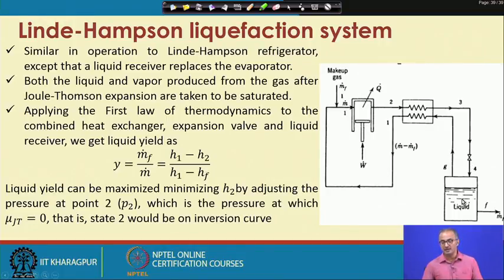Again here we are assuming the liquid and vapor are saturated, and this liquid is now taken out from the system. Because we are taking out some amount of liquid from the system, given by m dot f as the flow rate, the same amount has to be given inside the system as makeup gas. Otherwise, with time, if you do not put in makeup gas, we shall be losing material from the system. So this is the difference between refrigeration and liquefaction, and that is how it becomes an open system. I will not go into detail now.